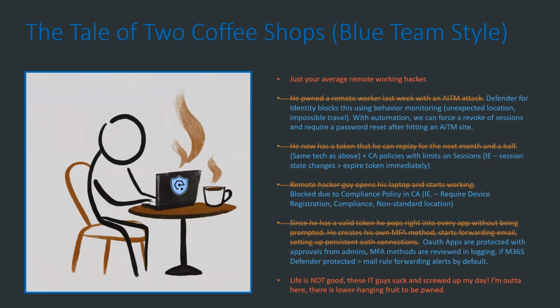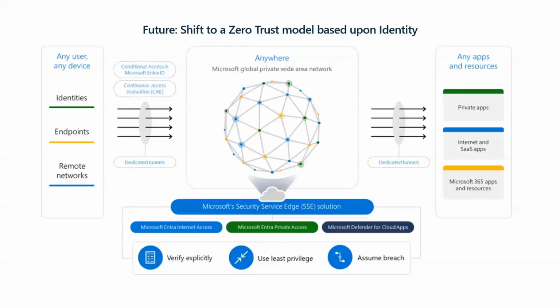Yeah. So hopefully that was a good example that kind of solidified how you can really put all these conditional access policies and limits in place to really thwart some of these attacks, especially attacks that often rely on token theft and token replay. So Dustin, I think you had one more slide you were going to cover right here. Yeah, so we wanted to talk about the future, right?